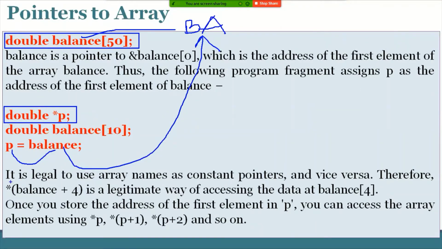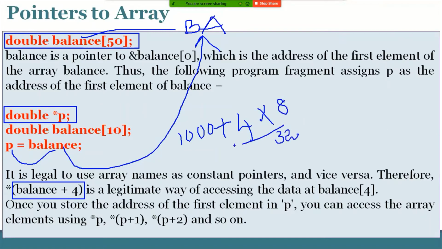And by using balance, the base address plus the fourth location. Fourth location means 4 is what? Double type. So for example, let us consider 1000 is the base address of the double array, plus 4 into the internal scaling factor. A double always holds 8 bytes, so 4 into 8 is 32. 32 will be added to 1000.